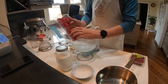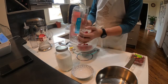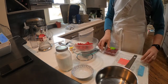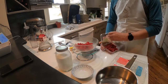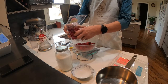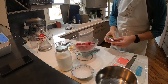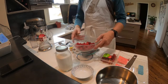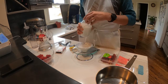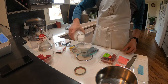We are gonna measure 300 grams of raspberries, a few more, there we go. We are gonna measure 60 grams of sugar,